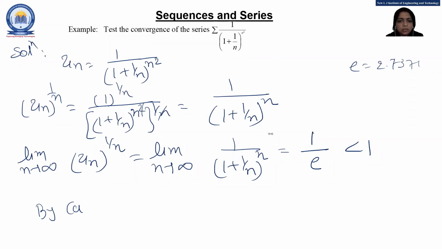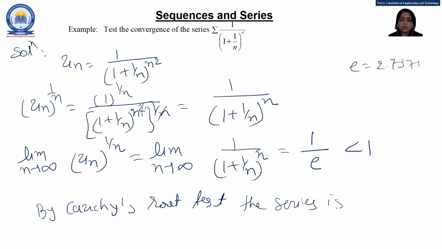Okay, okay. Yanshu has a doubt. Ma'am, please explain the last one again. I lost my Wi-Fi connection. Okay. For this, here 1 by e is less than 1. So by the Cauchy root test, the series is convergent,